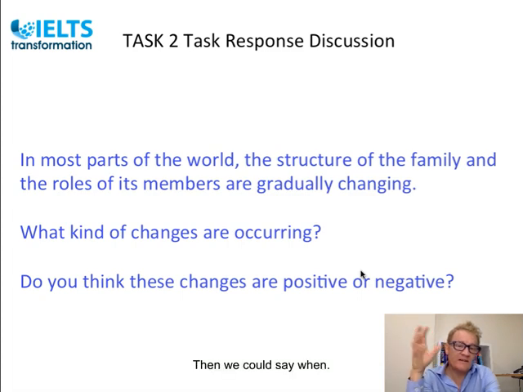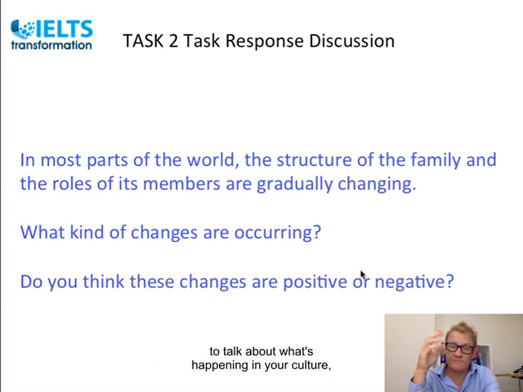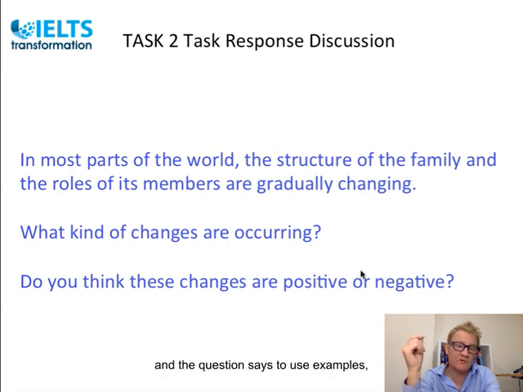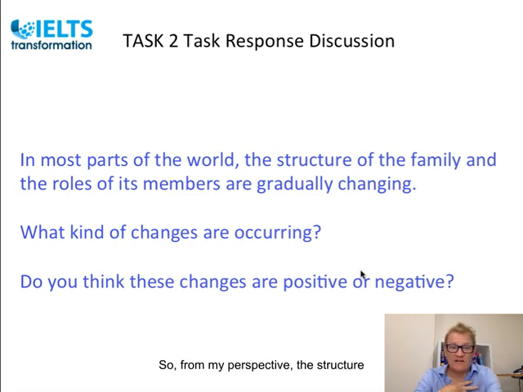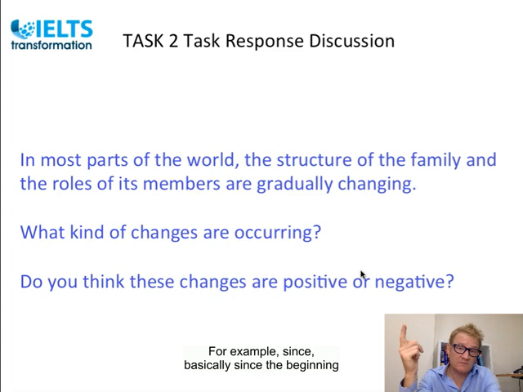Then we could say when did changes start to happen? Well, that depends on your culture, your country. Again, you need to talk about what's happening in your culture, because that's what you know about. And the question says to use examples, relevant examples from your own experience. So you can do that. So from my perspective, the structure of the families has changed a lot. For example, since